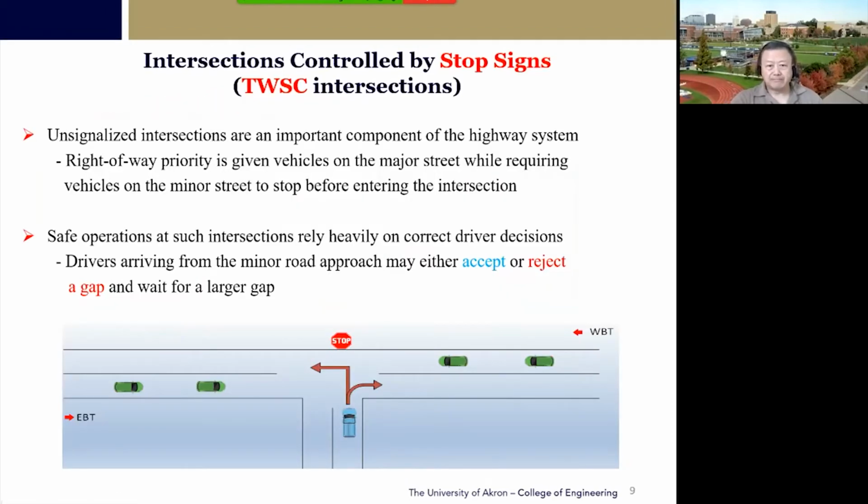The problem is at unsignalized intersections. As shown here, we have a T intersection to represent a two-way stop, but T intersections and stop signs work the same way. That is, vehicles on the main line have the right of way, and vehicles coming up from the minor road have to make a full stop before finding an acceptable gap to enter, either making a right turn or left turn, or choosing to reject the gap and waiting for another one.